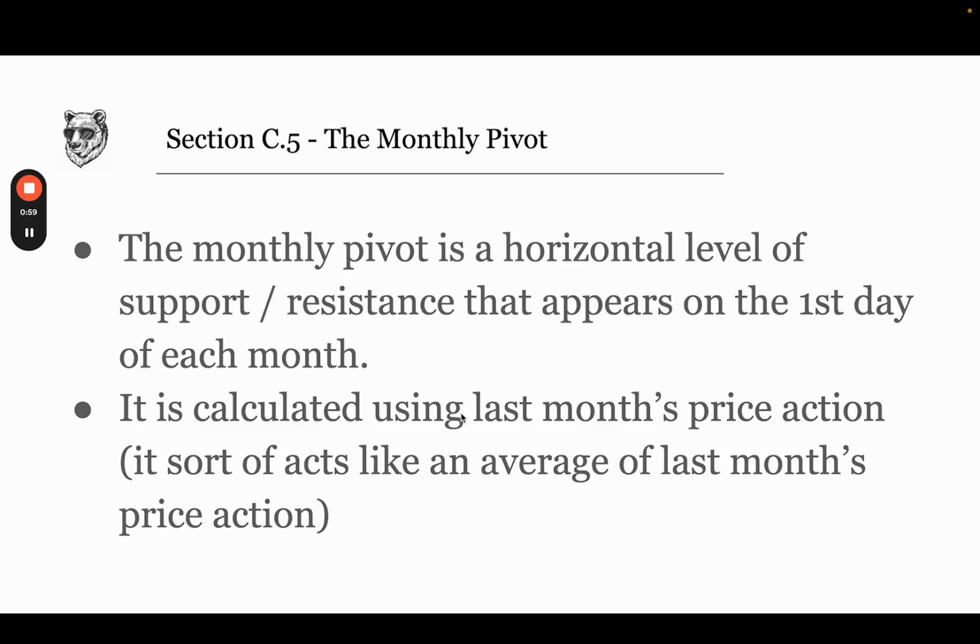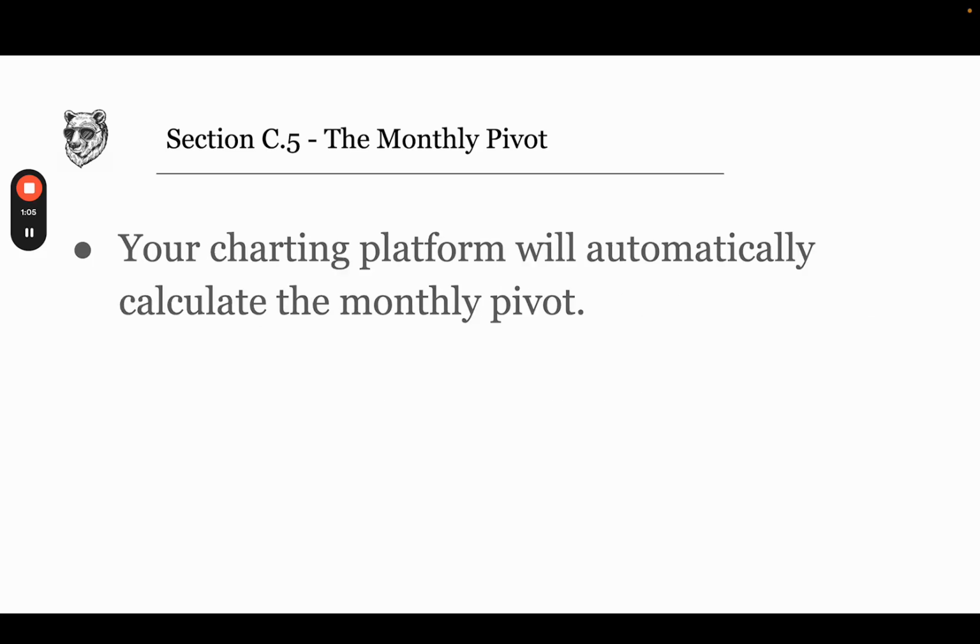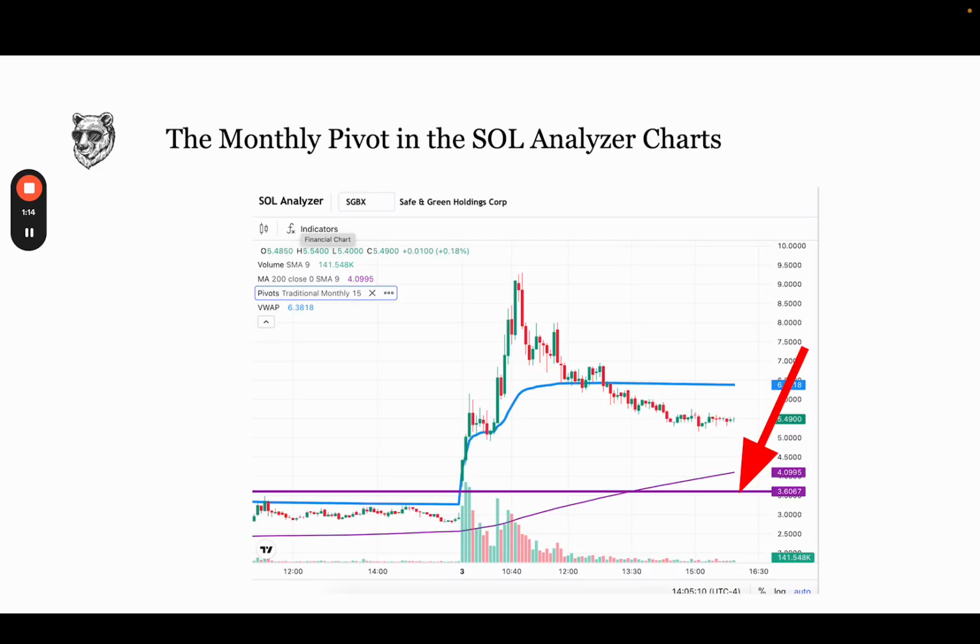Anyway, a pivot is a horizontal level of support and resistance that appears on the first day of each month. And it's calculated using last month's price action. It sort of acts like an average of last month's price action. Now, your charting platform is going to automatically calculate the monthly pivot and will automatically also display it. And it will appear as a horizontal purple level. That's the color I'm going to make it because the profit targets are purple: profit, P, purple, profit target. So it's going to be purple on my charts, and I'm going to encourage you to use the same color